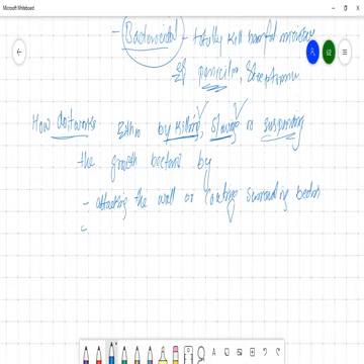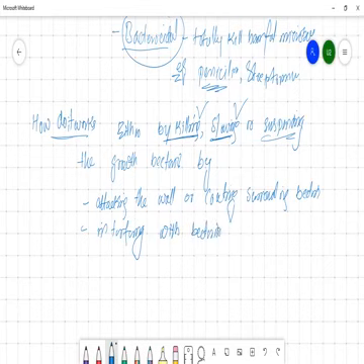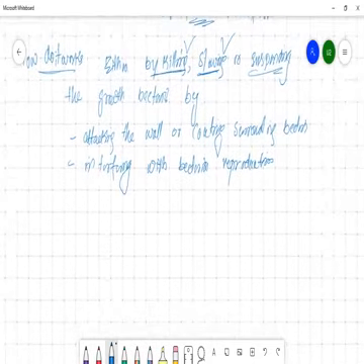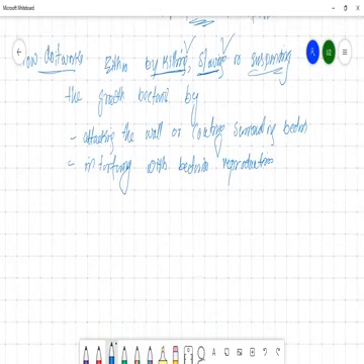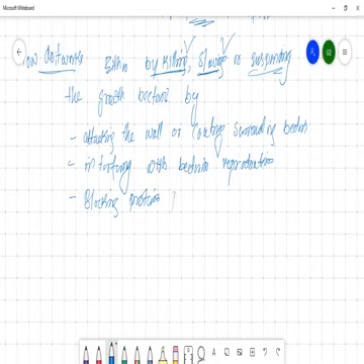Next, it can be interfering with bacteria reproduction, by disturbing the whole process, or it can be blocking protein production